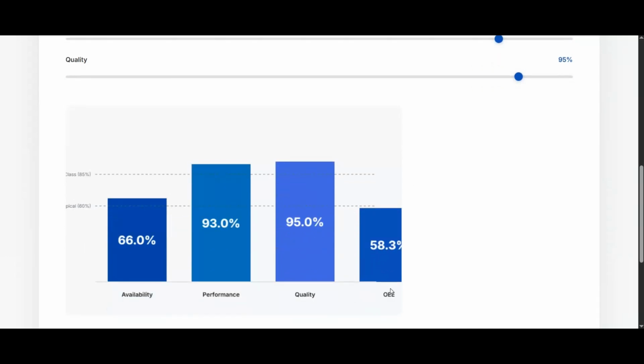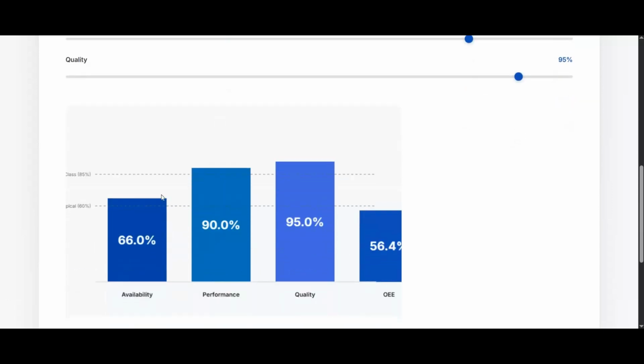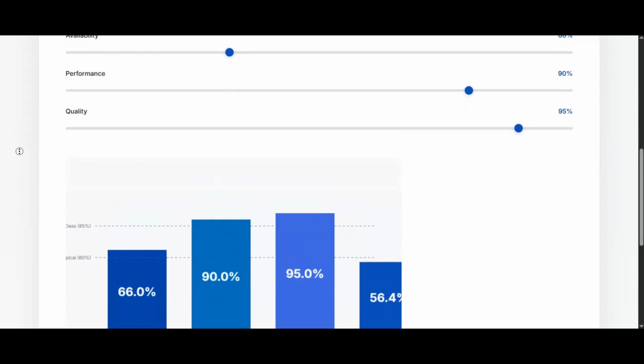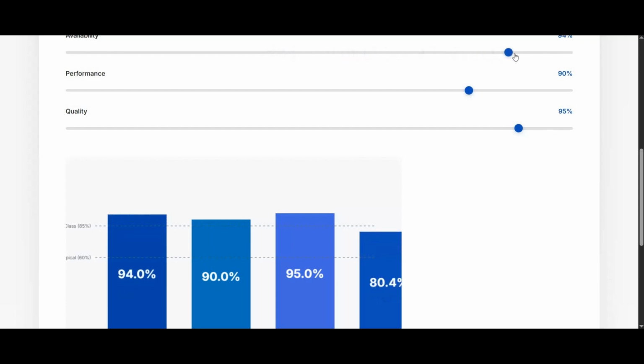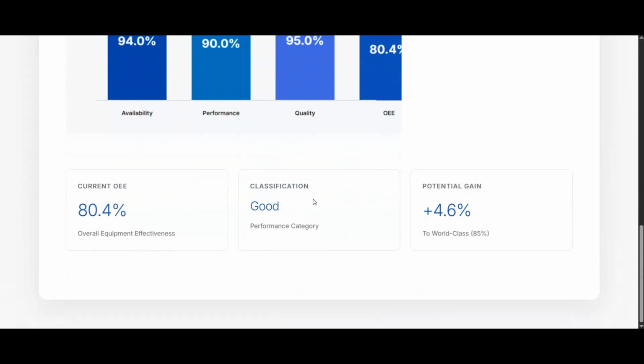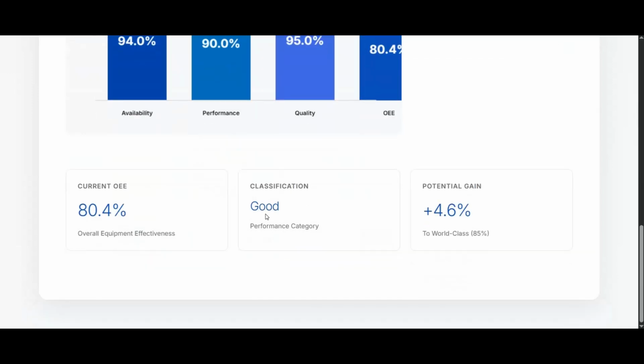I'm changing performance and OEE. Yes, 90 is good. And availability, look at this, and OEE. OEE is good now, and our card's current OEE classification and potential gain is here, and that was good, but